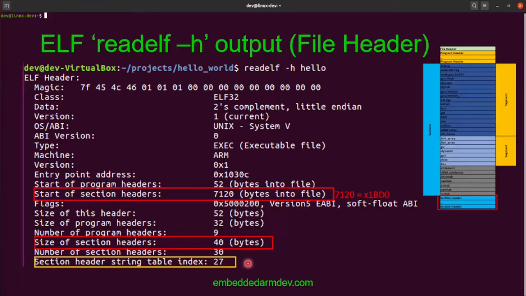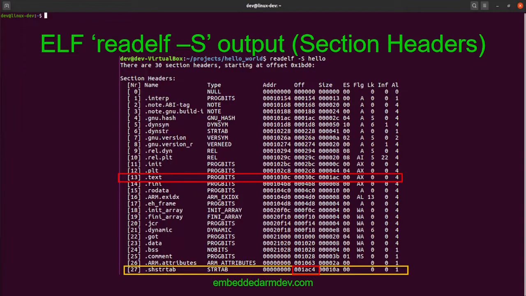And finally here we have another important piece of information. This tells us the index for the section that contains all of the strings for the section names. So the section header at index 27 describes the section that contains all the string names for all of the sections. Here we have the output from readelf showing some of the section headers, and we're going to examine